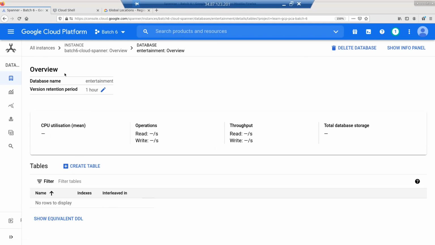Now I have my database called entertainment. Now what I'll create is two tables, folks. A singer table and the albums which the singer creates. This singer and album concept is also mentioned in the documentation. I'm just relying on the documentation which I read. So I'm going to create a singer table and an album table, the albums which the singer created. So let me create a table,